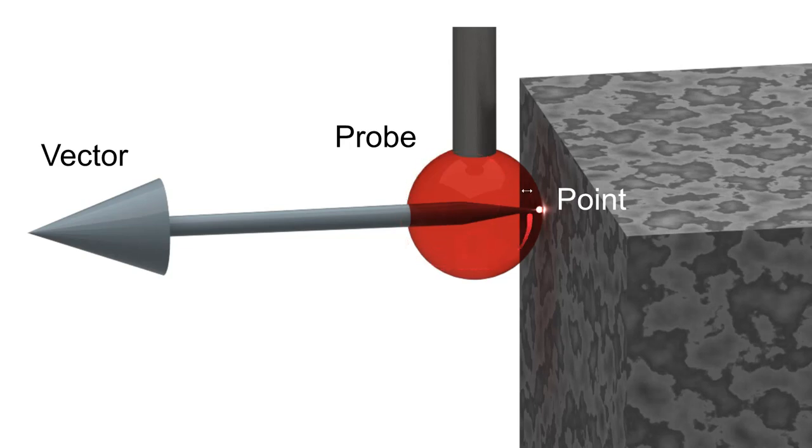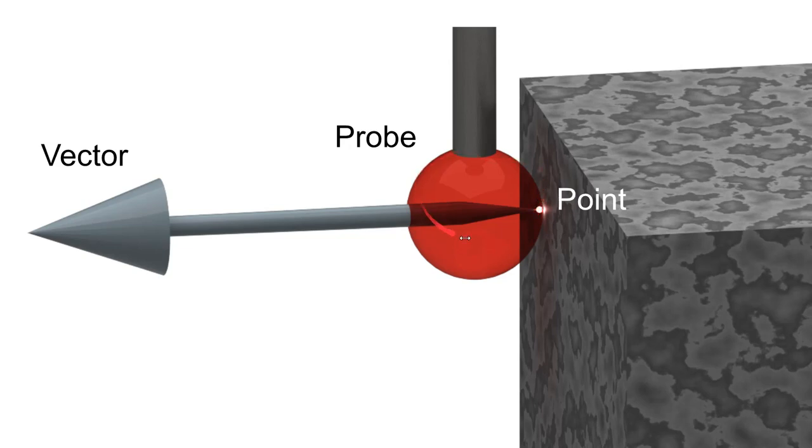This end down here is just a sphere of ruby material in general. There are others, zirconia and other types of materials that you could use for a probe, but it's just like a ball of glass down here. All right, it doesn't have any kind of sensors on this sphere down here. So how is it able to know where to put the point? The point right here in the middle doesn't make much sense. That's not very useful. What you want is the point on the extremity, on the outside of this.